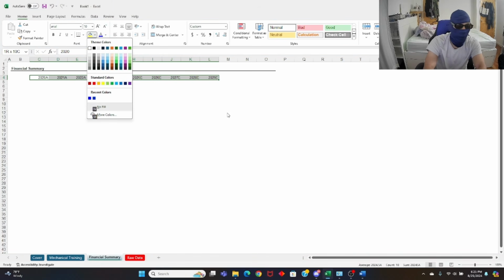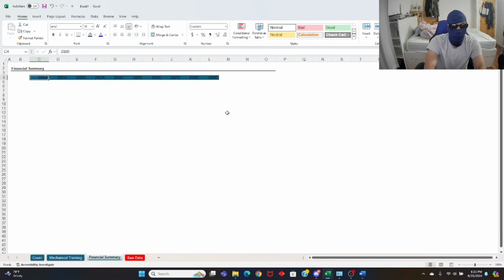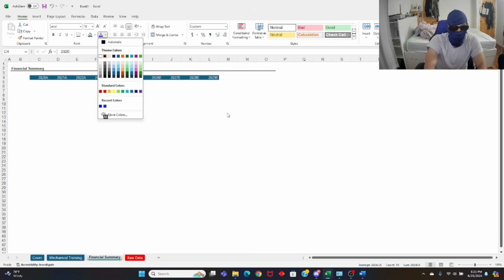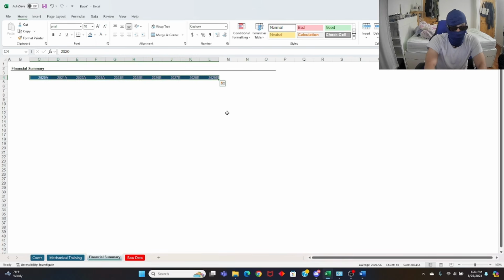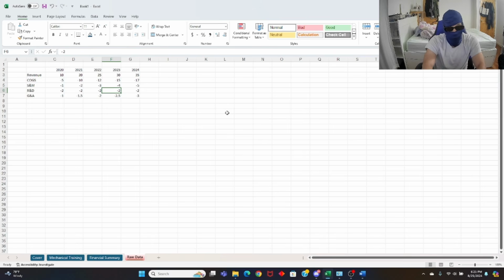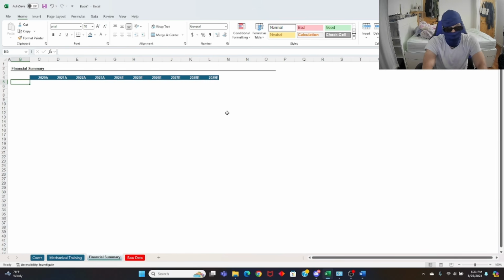So now let's highlight this in this color. We're just going to do something random. Ooh, I can't see the numbers anymore, right? It's dark on dark. I want to make this white. So Alt-H font color FC. One arrow key down to your palette, make it white. Control B, bold. And now you're set. So let's start building out the raw data. The first one we have is revenue.